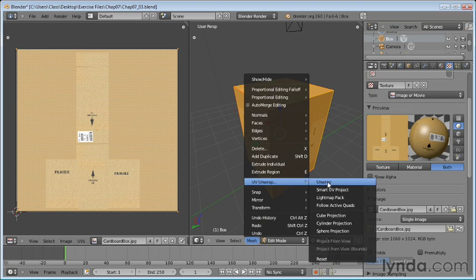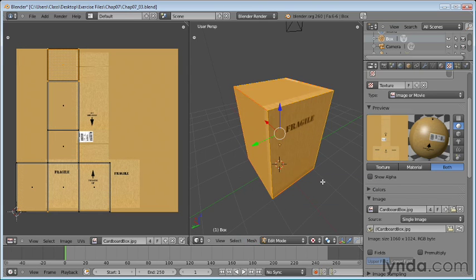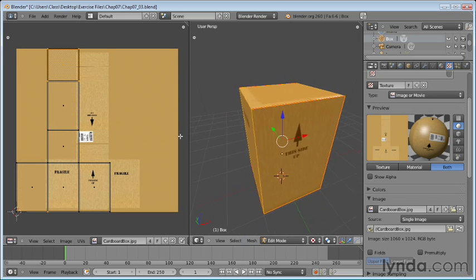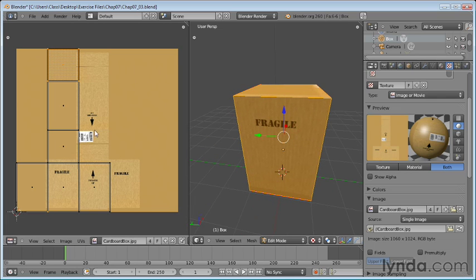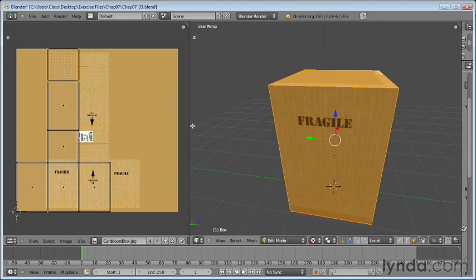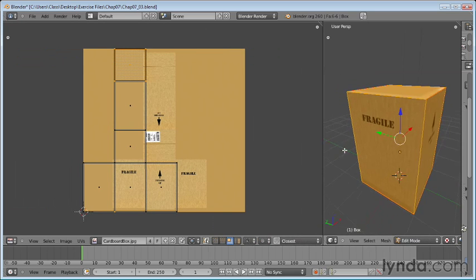Notice how we have a lot of options here, but I just want to pick this top one called Unwrap, which recognizes those seams and unwraps the object. And as soon as I do that, notice how this interface here changes. What we have now is the faces of this object are now unwrapped according to those seams, and it actually looks pretty close. So what we can do here is go through our UV editor and align those so that